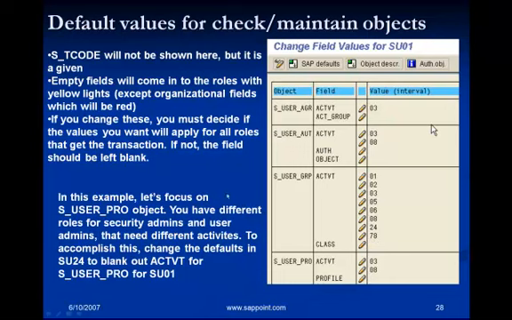Now in this example, we are focusing on the object S_USER_PRO. Let's say you have different roles for security admins and user admins that need different activities. To accomplish this, change the default values in SU24 to blank out activity for S_USER_PRO for SU01. Now, let's say you have different security administrators, like people who are doing role administration, people who are doing user administration.